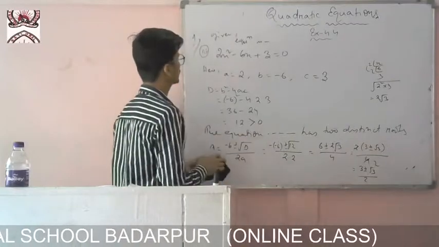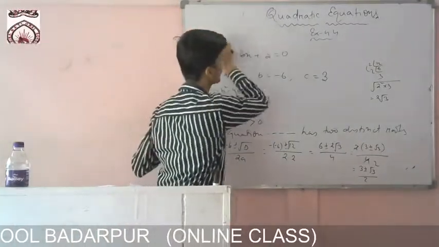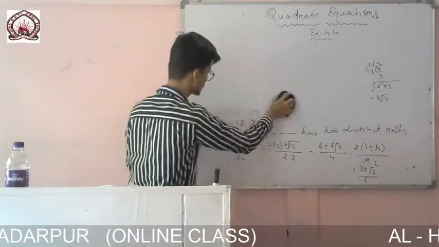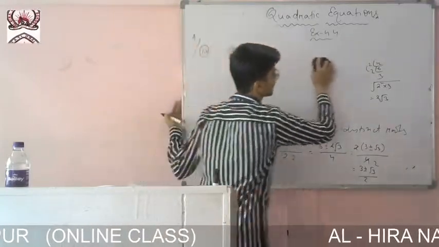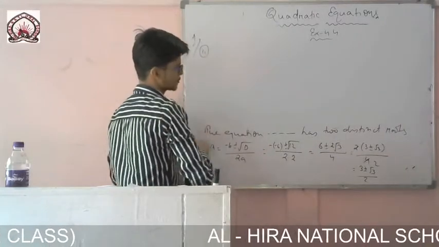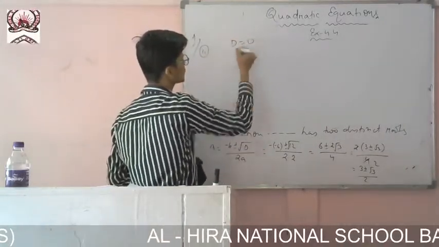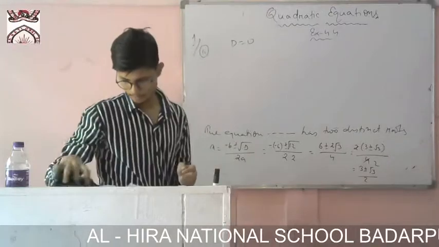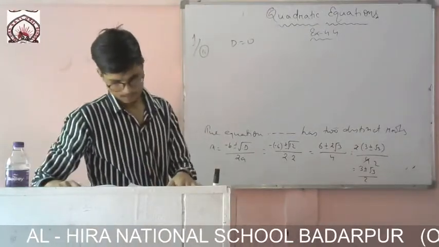Okay, Roman number 2 let me do. We have actually missed the solution part, this part. So for Roman number 2 I am showing you. For Roman number 2 the discriminant came 0, so that's why it is written that it has 2 equal roots. So now you see what is there.